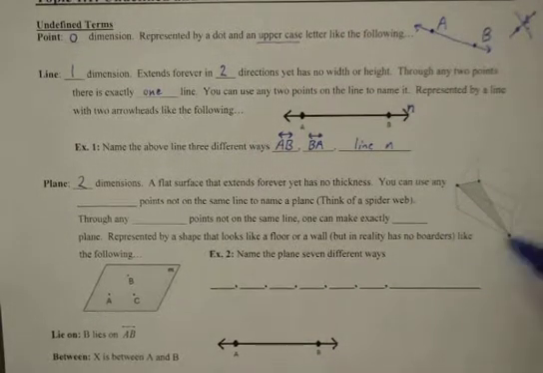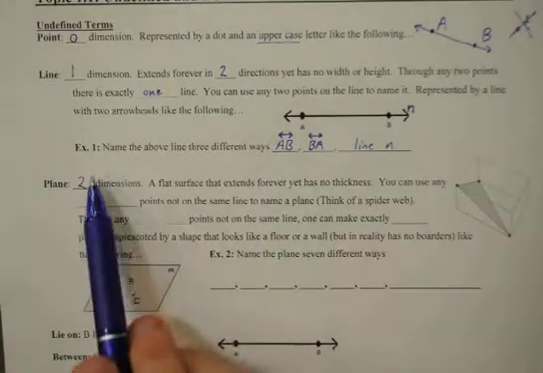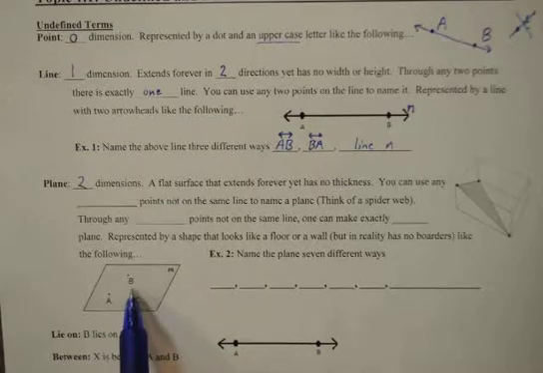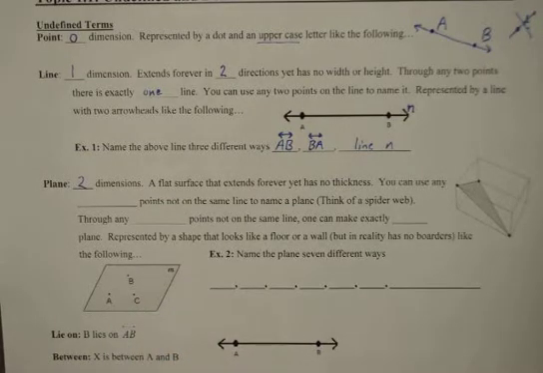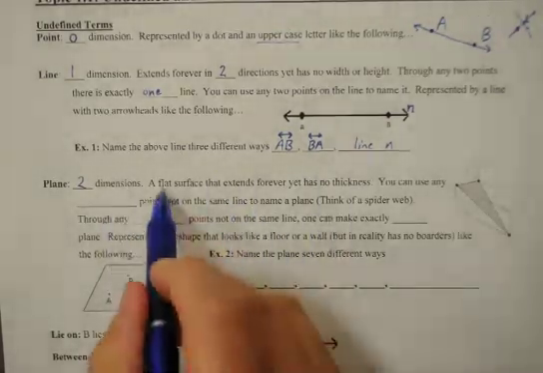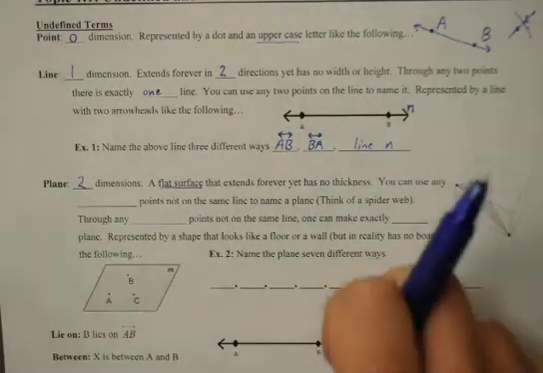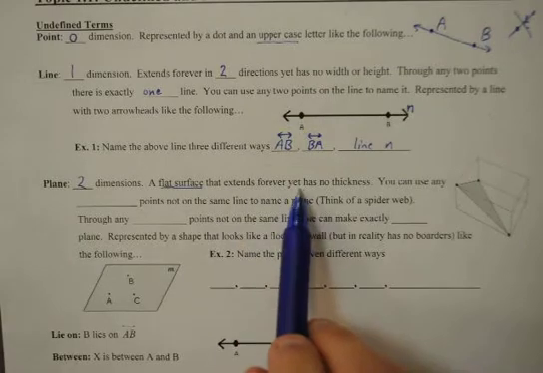So in a plane, you can move to the right, you can move to the left, you can move up the plane, you can move down the plane. So that's 4 directions now. When you get to 3 dimensions, you get 6 directions. You get left, right, up, down, forwards, and backwards. Alright, so a plane is a flat surface. Imagine a piece of paper or a desk. It's flat. You can't come out of the plane, you're stuck in the plane. That extends forever, yet has no thickness.